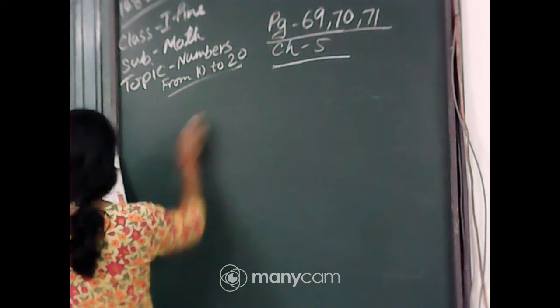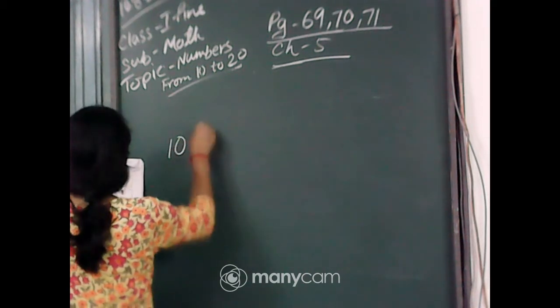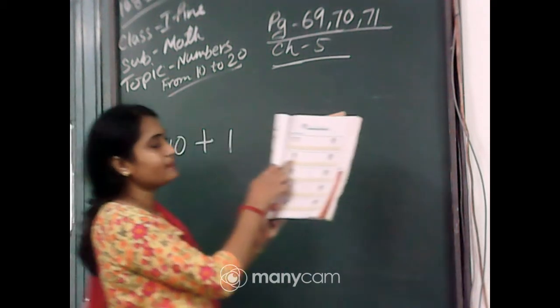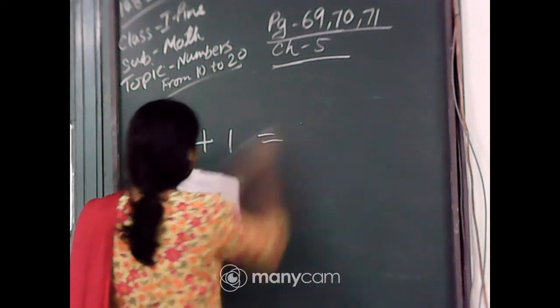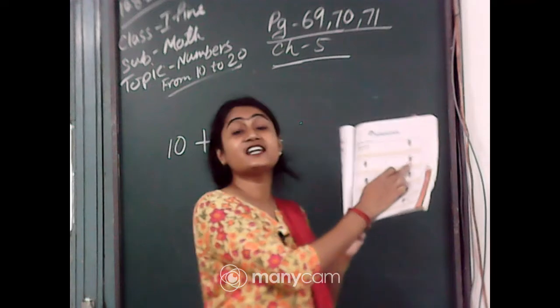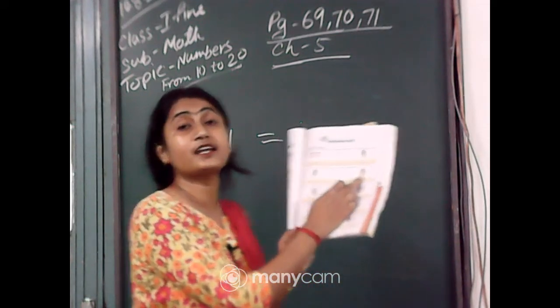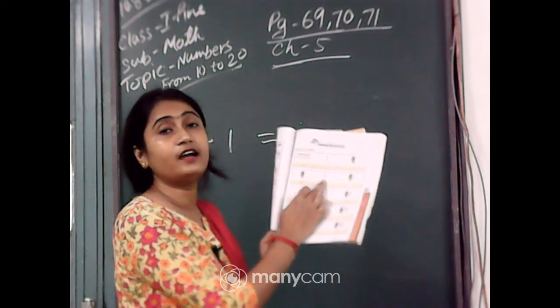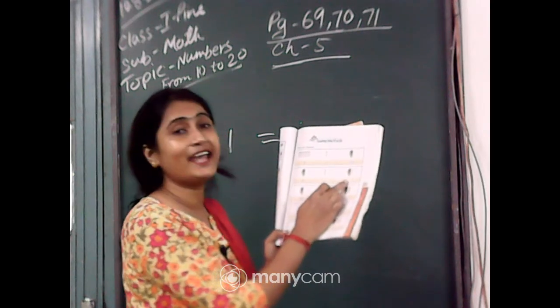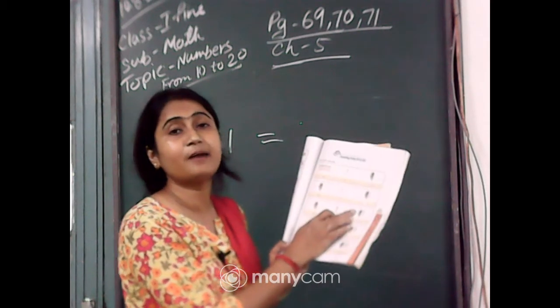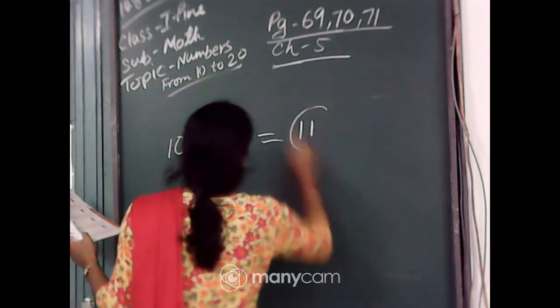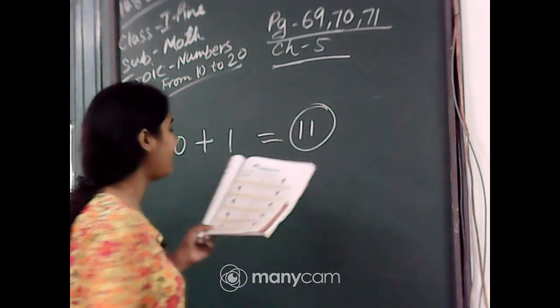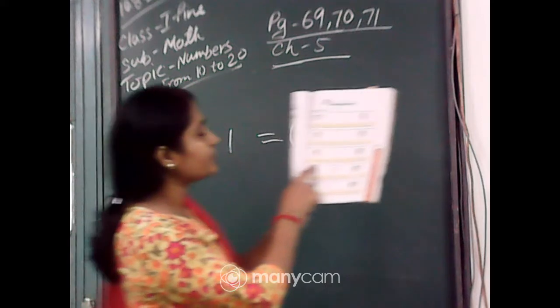Okay. I will not draw. I will just write the number. This is 10 matchsticks plus 1. 10 are in a bundle. 10 matchsticks are in a group. And 1 is left. 1 ten and 1 one. What will be the number? 1 ten and 1 one equal to 11. So please, all of you, write in the blank. Next is done in your book.